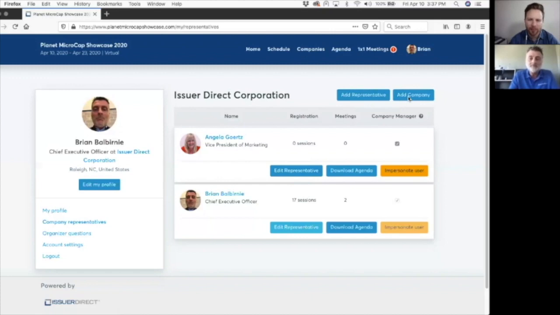Perfect. I think that pretty much covers it. Is there any parting takes, both from an attendee standpoint and from an issuer standpoint, when they're going in to register or using the one-on-ones or when they see the schedule or anything like that? Any final takes? Yeah, I think what's important, as you know, Bobby, is the world that we are in today is not much different